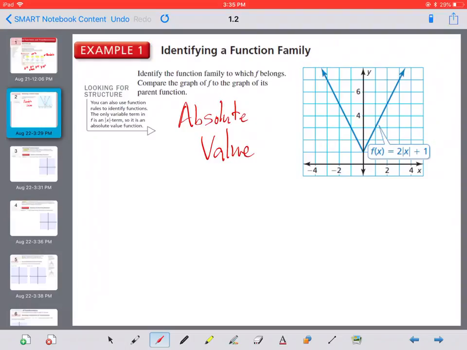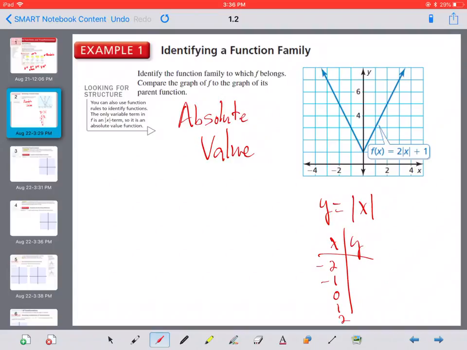It also goes on to say compare it to the graph of its parent function. Well, the parent is y equals the absolute value of x. If we were to graph that, we need a little xy chart. I like 5 points, and I like to go right around the origin, 0, 0, especially for a parent, because I know the parents all start around the origin. So I went 2 to the left of the origin and 2 to the right, so -2, -1, 0, 1,